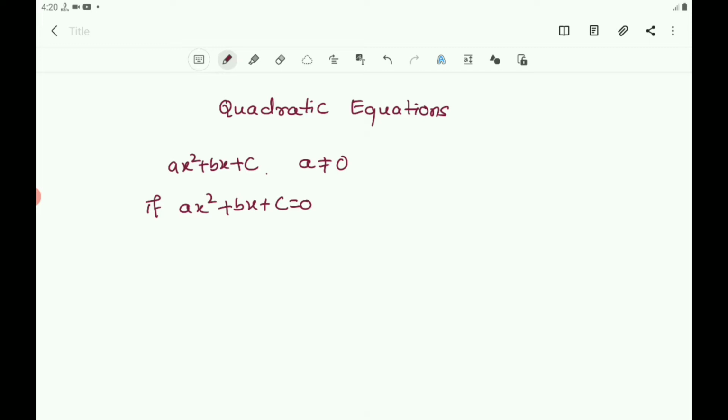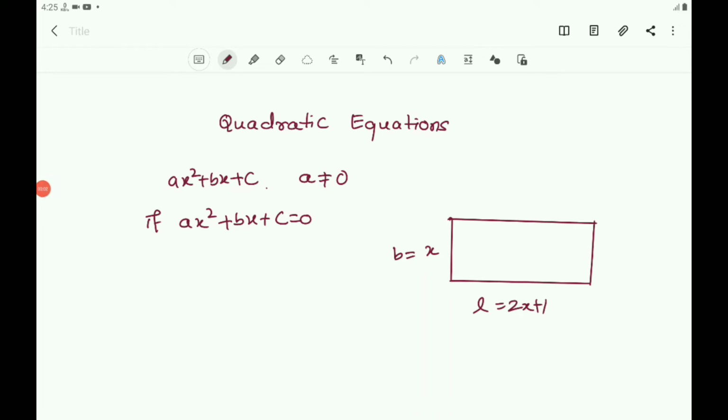Quadratic equations come up when we deal with many life situations. For instance, suppose a charity trust decides to build a prayer hall having a carpet area of 300 square meters with its length 1 meter more than twice its breadth. What should be the length and breadth of the hall?